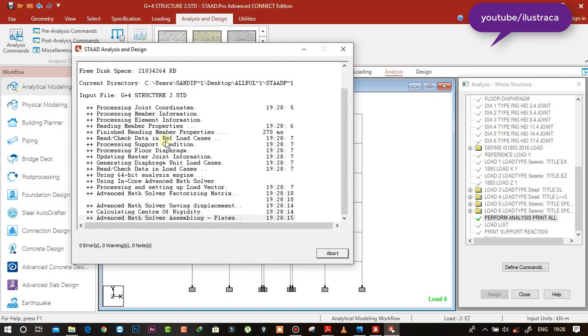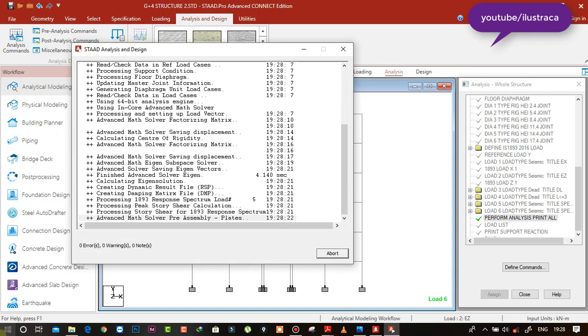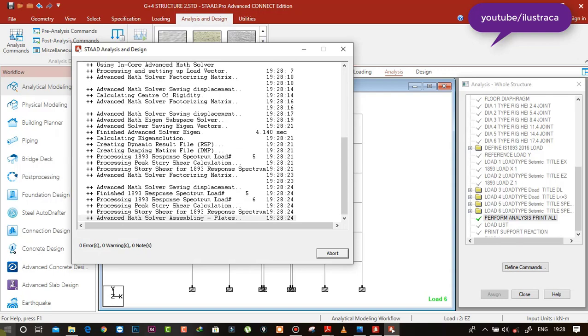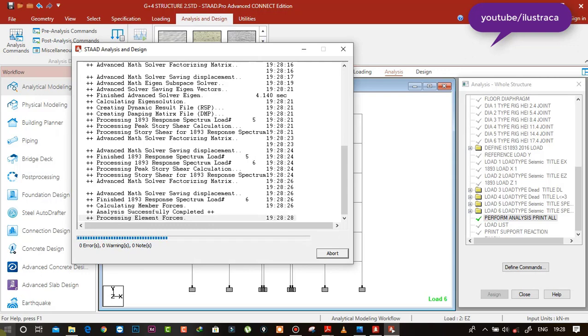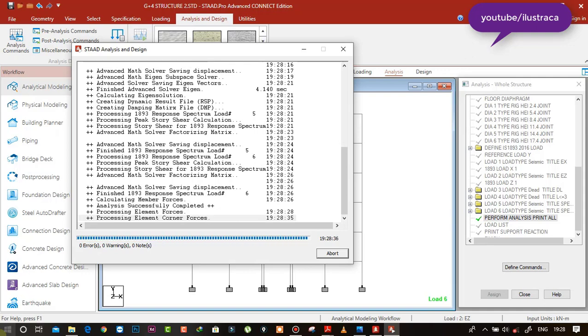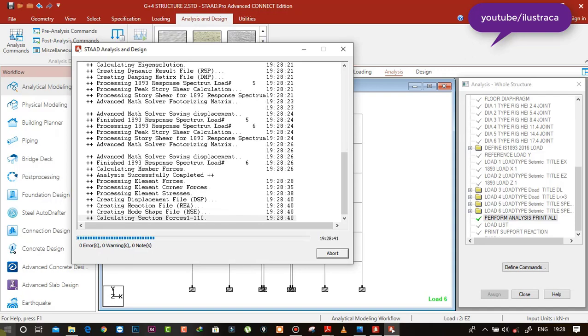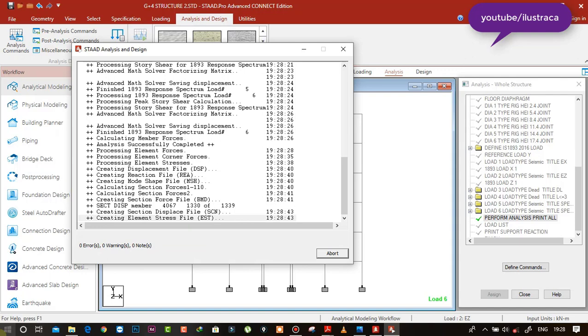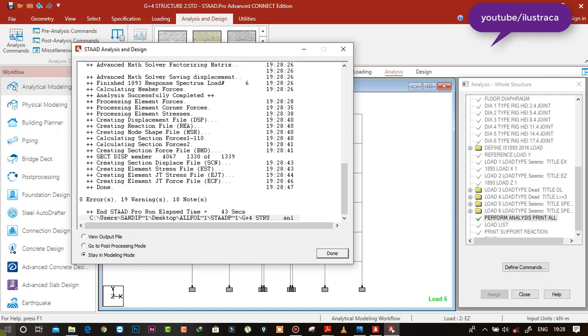So it was not needed because our dynamic base shear was a little less than the static base shear, but it was almost 97% closer to it. So it was not needed. Still we have done this, not an issue. If it is almost near to 85%, there is no need to scale it up, and that's totally your wish if you want to make it more closer. It is as per the code 1893. It is written this.